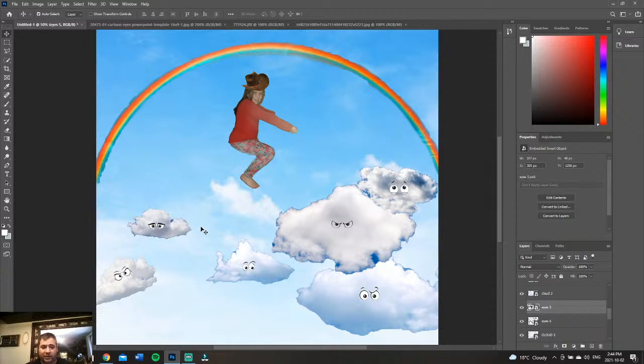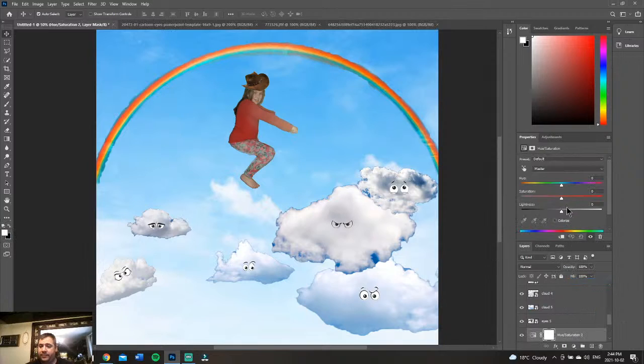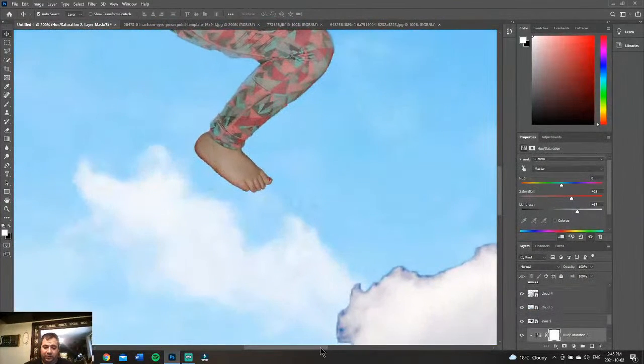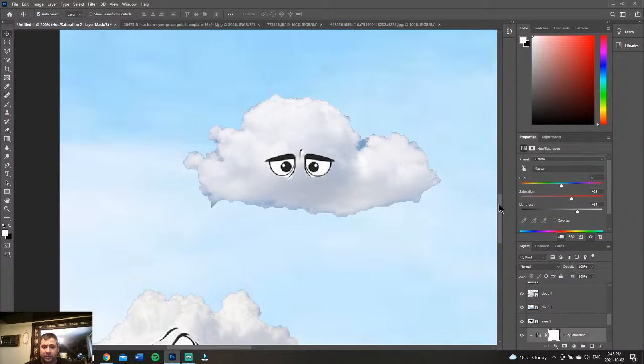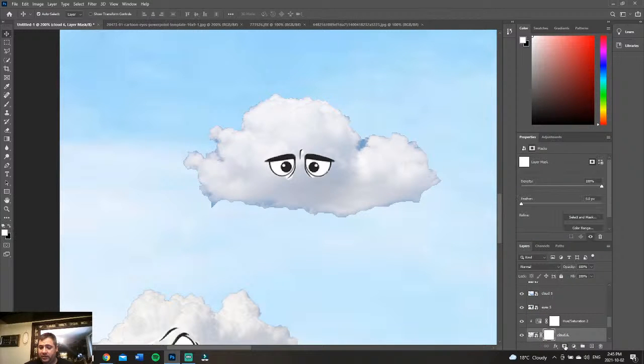Okay, so this is I5, and this is cloud 6. I5 down to cloud 6. Cloud 6, add a hue, flip it to this. There we go. Brighten these clouds up a bit. And let's zoom in over here. And we want to go to cloud 6, add a masking layer,